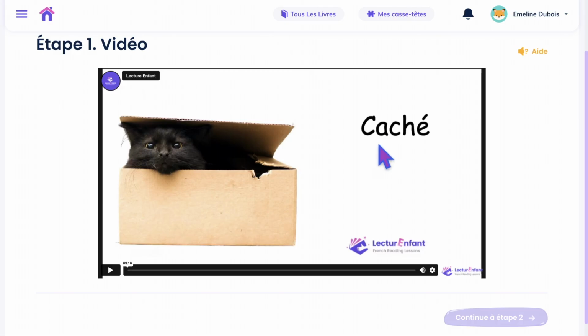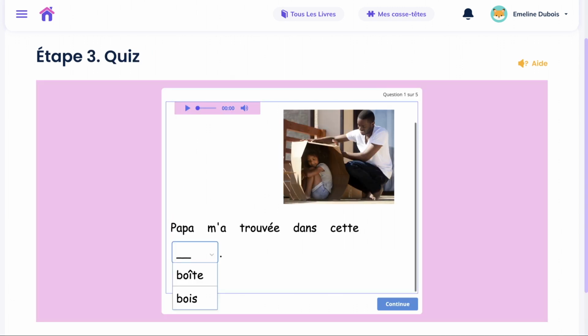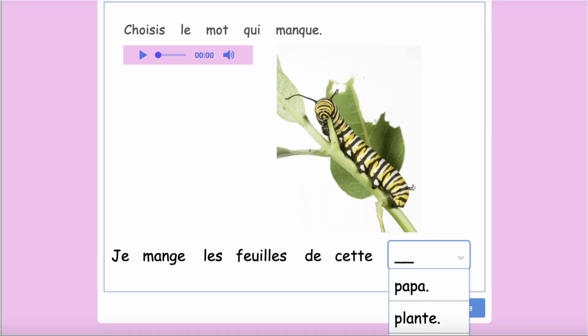Step 1 involves listening to the full book being read aloud, with a visual cue to match the oral and written texts. Step 2 is a short video focusing on word work. For Step 3, students complete an interactive quiz. There are a variety of question types students will encounter,